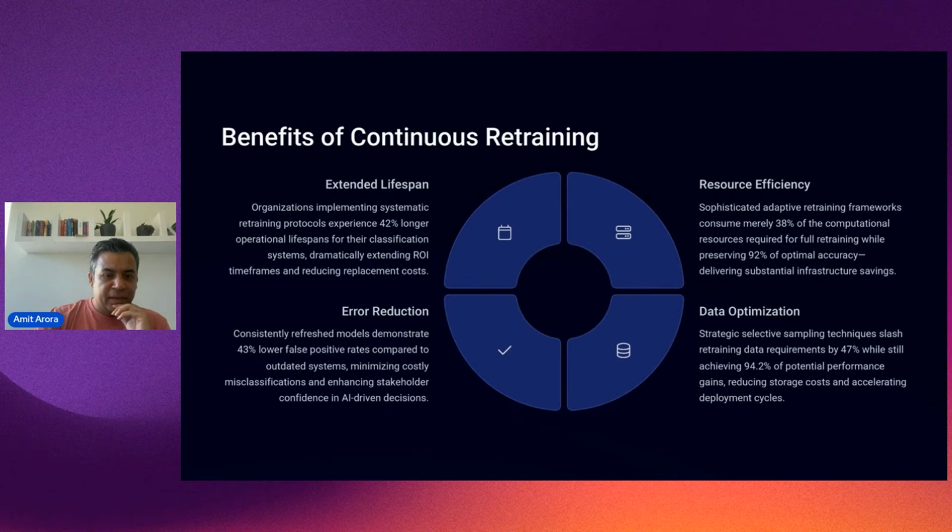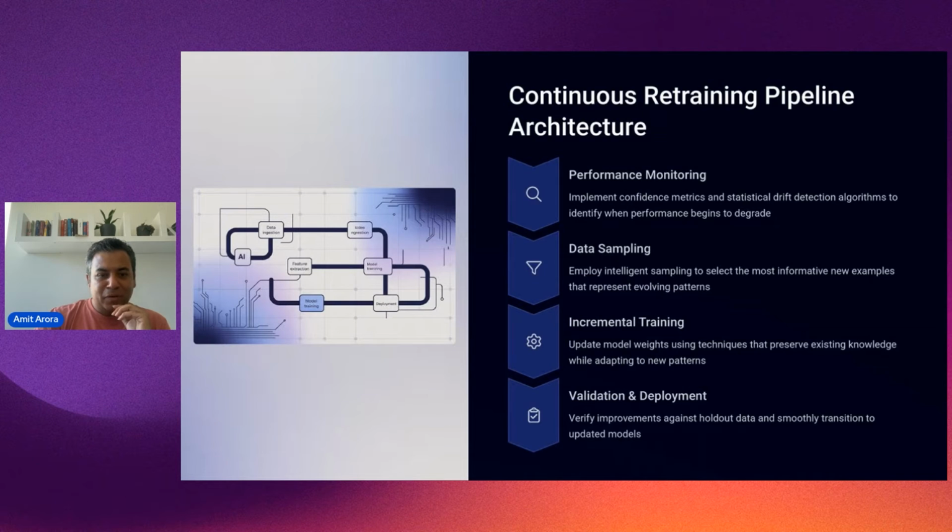Now we have talked about the benefits. What is the high level blueprint I'm recommending? So, the high level blueprint is